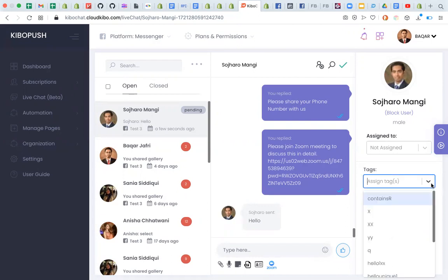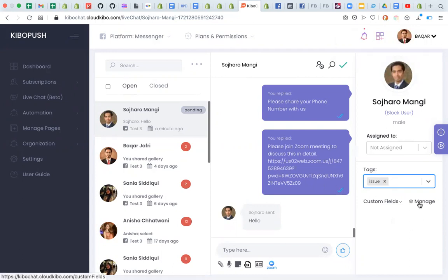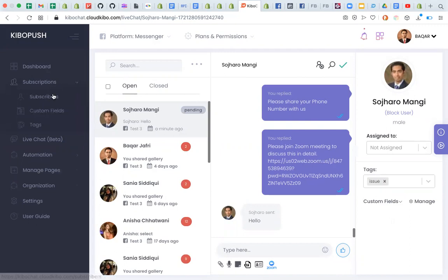And tags are something that we usually attach to the customers to save some information about them. So for example, if I think this particular customer has an issue, I will create an issue tag and assign that tag to this customer. So now we know that this particular customer has an issue, and we can sort the customers from here with the help of tags as well.